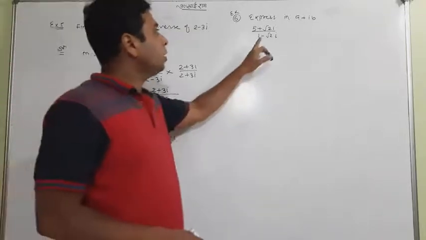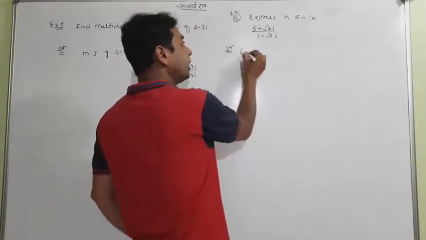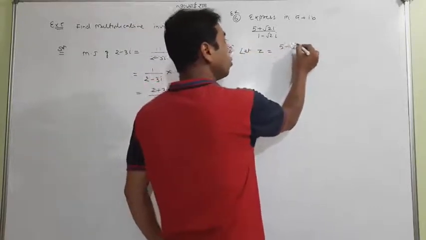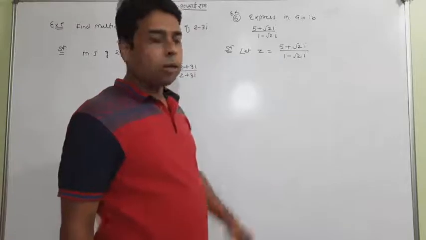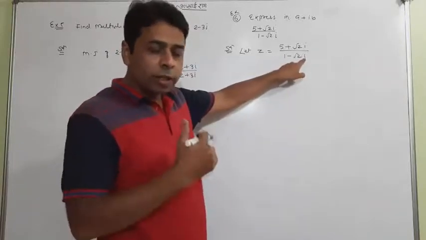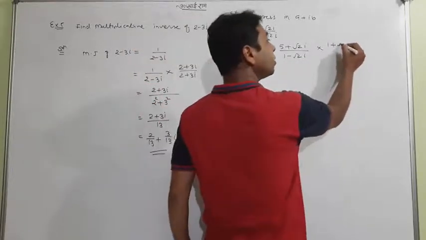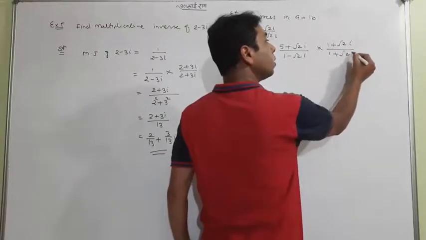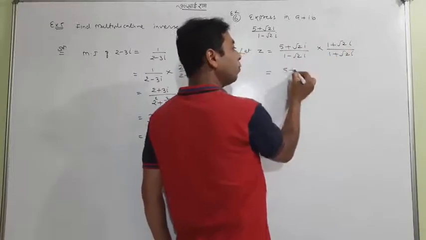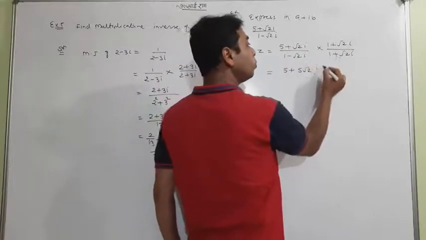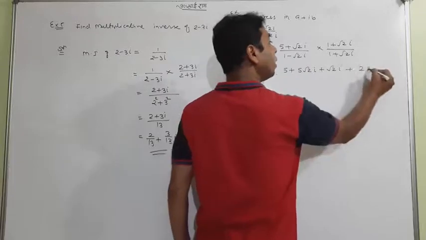Okay. What is the question here? Express in a plus ib. It is again easy. Solution: let z equal to this. But if you see, the number i is coming in the denominator, which is not in our favor. So we remove it by doing the same thing I recently told you, the rationalization. It's very simple. And what is the multiplication of the upside? 5 ones are 5, 5 root 2 i, root 2 i into 1, and root 2 into root 2 i into i is i square.